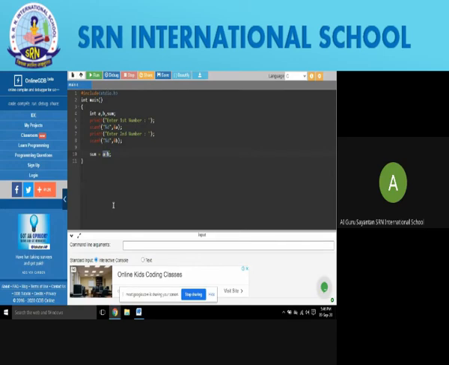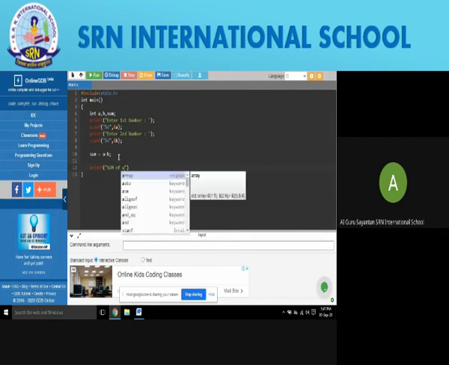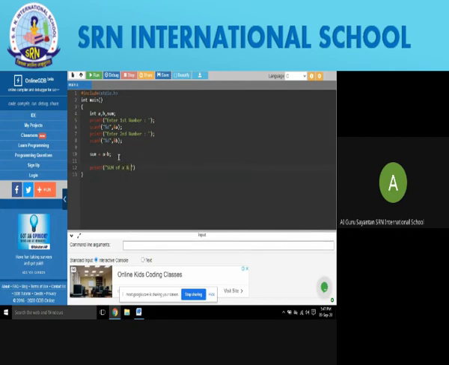Now after giving the logic line, we will write, let's say, printf "sum of A and B". You can write like this. What will happen?